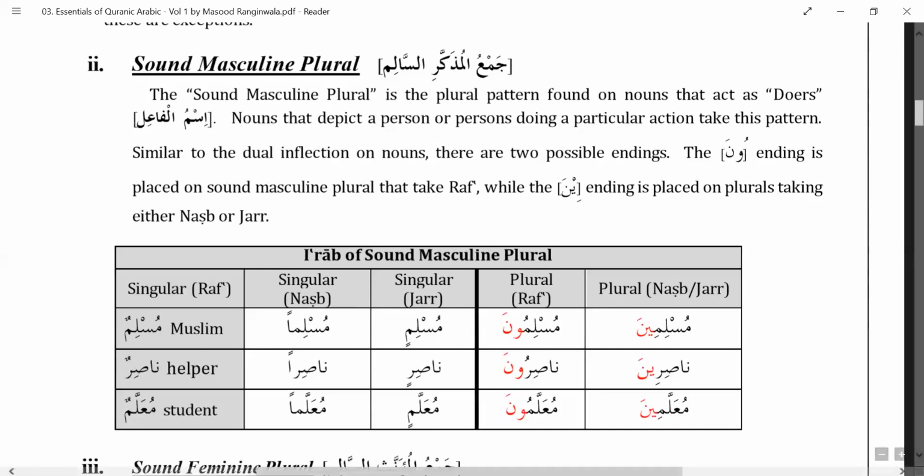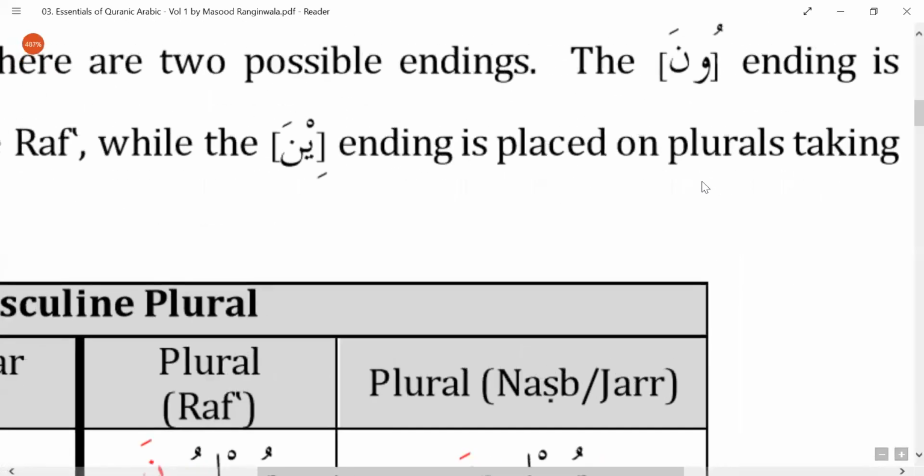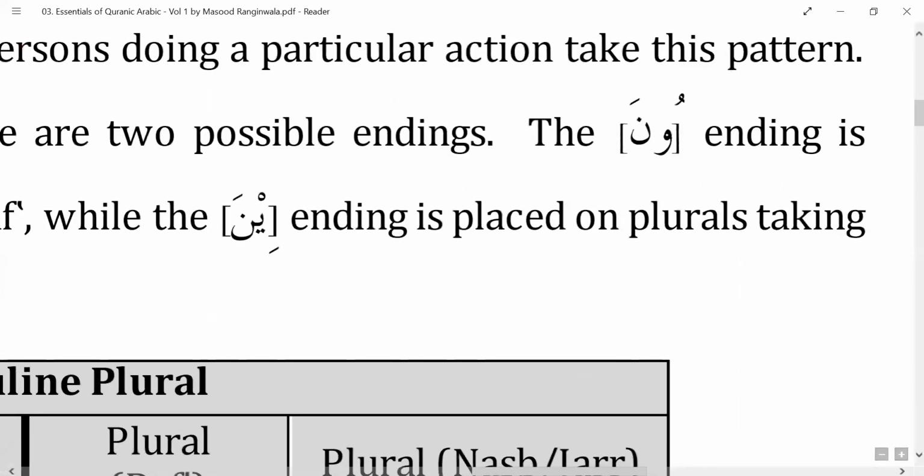When you say plural, it's like in English you have a general rule that you add s at the end and the word becomes plural. Same way for Arabic, you have a general rule which is you add una or ina, and these are your next two combinations. We did two combinations, ani, aini. These are your next two combinations, una, ina. Now this is for plural. When you add this at the end, the word becomes plural, and this is only for masculine.